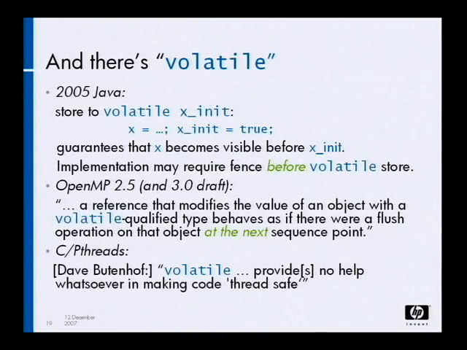This is often implemented by putting a hardware fence instruction before the volatile store there, and there's other stuff that's required to implement this. I want to point that out explicitly because there's an interesting contrast here. In contrast, if we were programming in OpenMP, here's a quotation from the OpenMP 2.5 spec, and I think this actually is more or less unmodified in the 3.0 draft. A reference that modifies the value of an object with a volatile qualified type behaves as if there were a